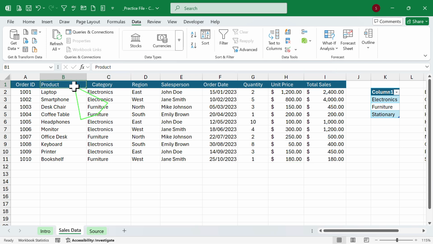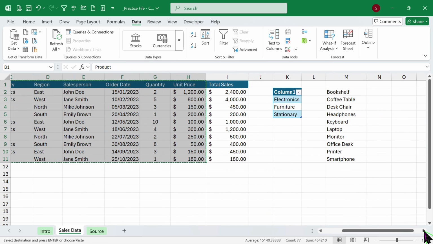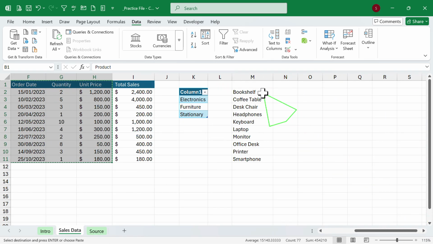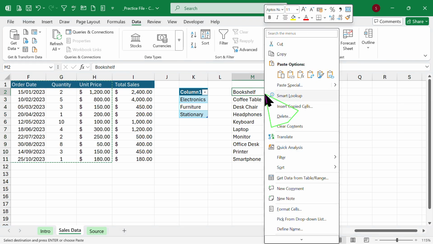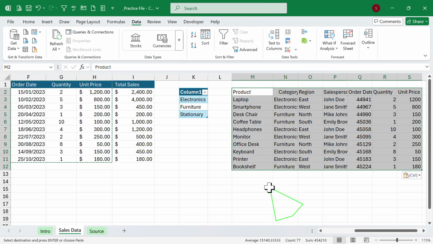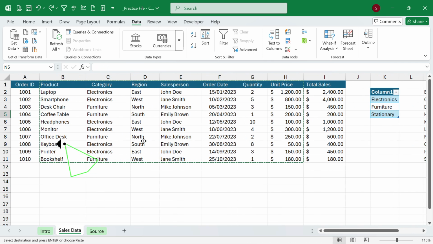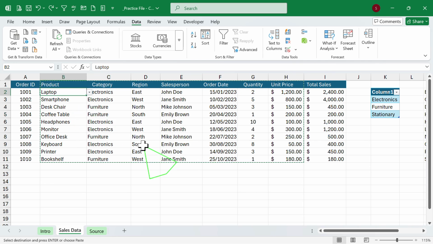So I will select this much portion first, copy it, and I will put it here. I don't want to select the headlines, so I will remove again. I will only copy without the headings,